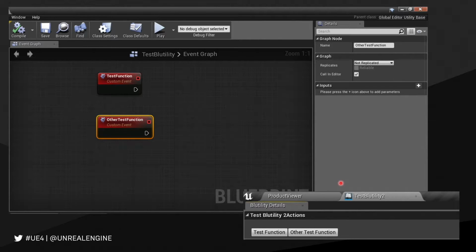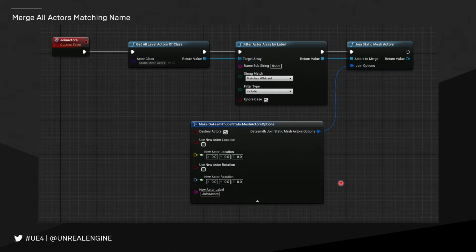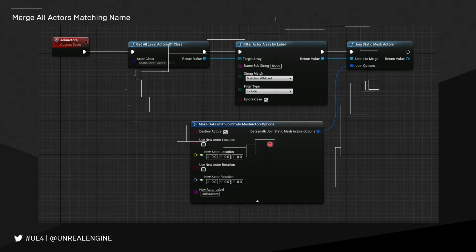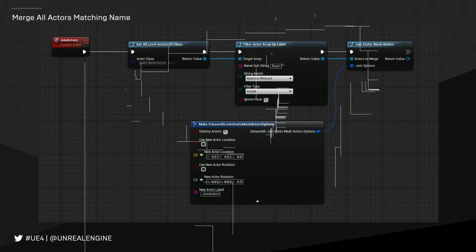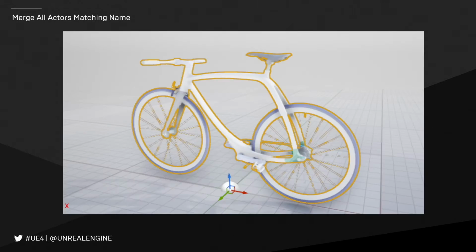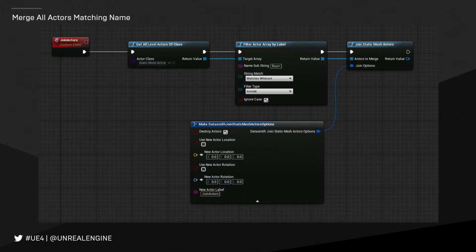For instance, if my script said, get every actor in the world, see which one has a specific name, and if it matches the name, or at least part of it matches the name, join them into a single static mesh, we can then see that we're able to combine that entire bike into a single model.